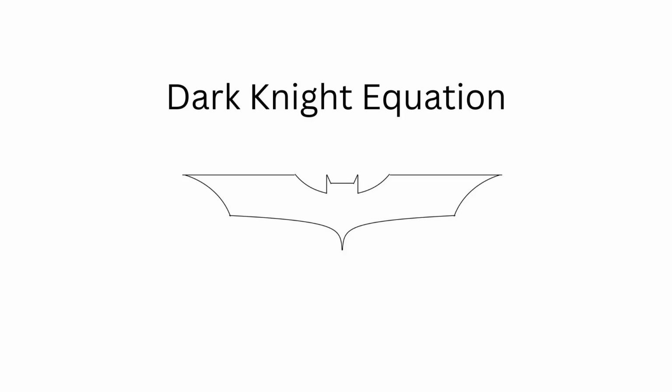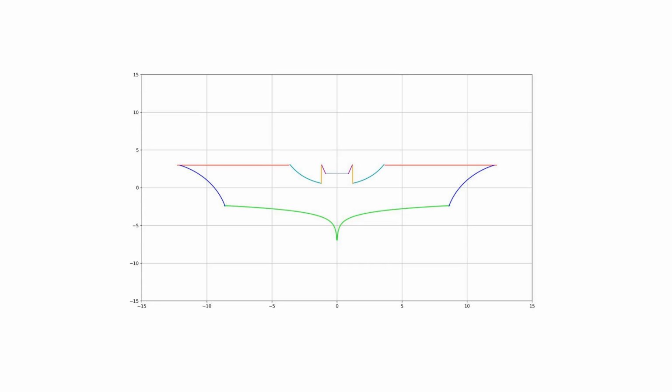Ready to see what happens when math and comics collide? Let's go! As you can see, this is the call sign of Nolan's Dark Knight. Batman's enemies see fear in this symbol, but I see mathematics. Now, this may not initially seem like much, but when you break it down, that is when things get a little bit exciting. So, we break this Dark Knight symbol into multiple parts and plot that as a piecewise curve.